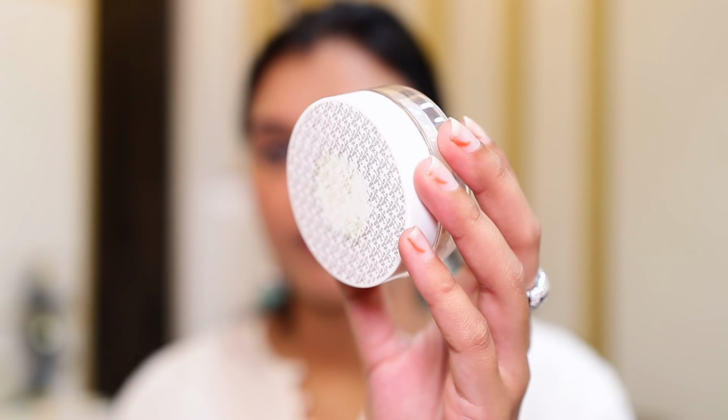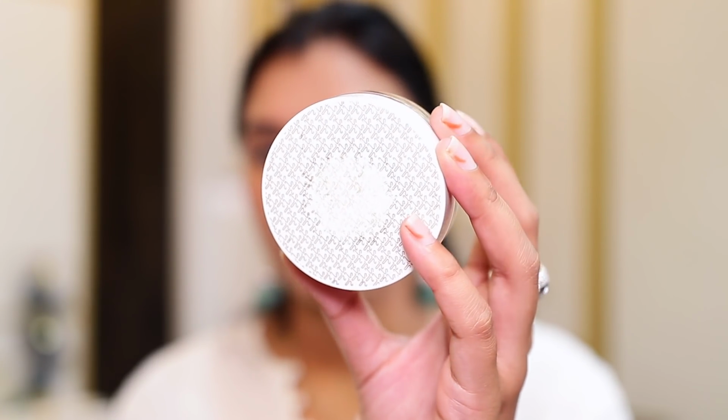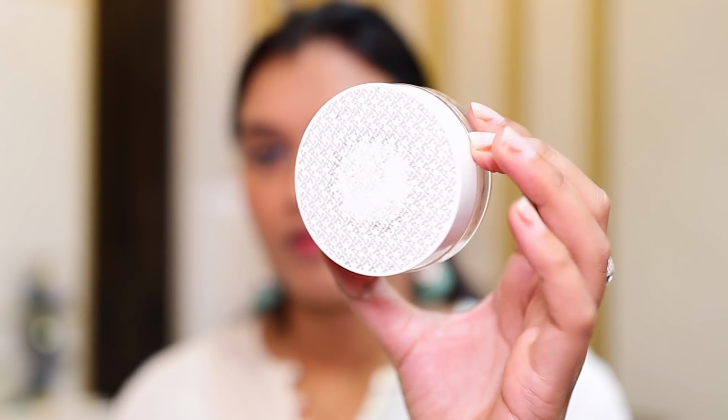and I need very little amount of powder to actually set this. For that, I am going to be using the K Beauty's HD Setting Loose Powder in the shade Latte, and this one is again a beautiful translucent setting powder. Even if it does have a shade, it doesn't have that much color, and it's superbly finely milled, and that's the reason it makes my base super duper smooth and sets it really well, and I don't